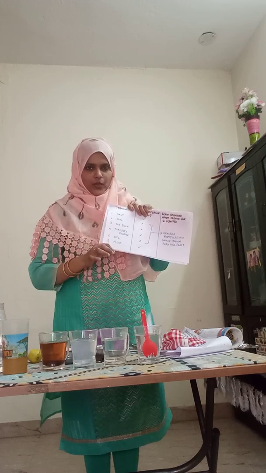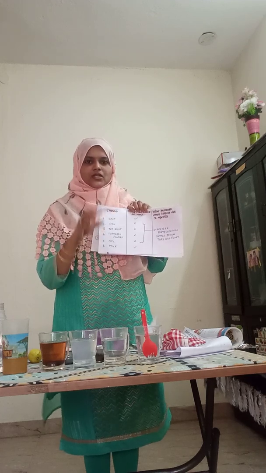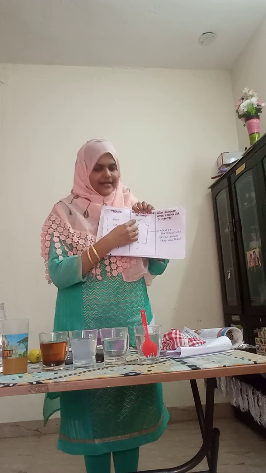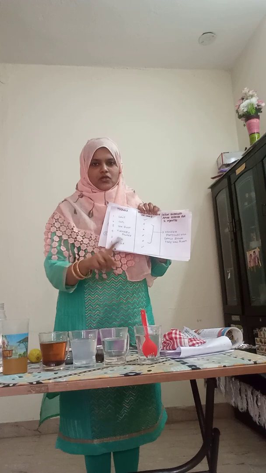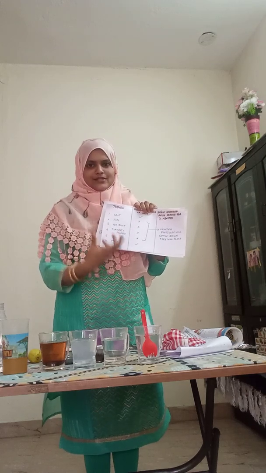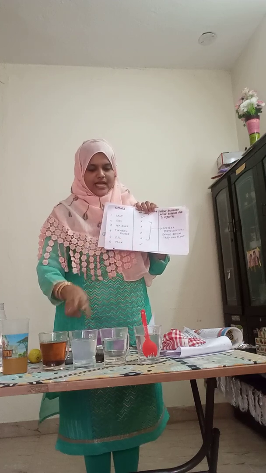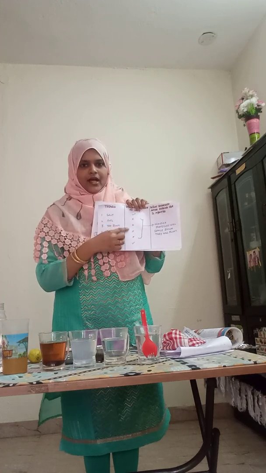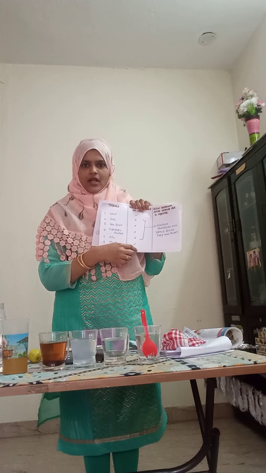So make a list of them and observe the solubility. If the substance got completely soluble in the water, then put a green tick over it. Okay, that solution is a complete solution because it got dissolved in water, right? Those substances which did not get dissolved in water, for example oil, tea dust and turmeric, you have to put a red cross mark. Okay, it does not get dissolved in water.